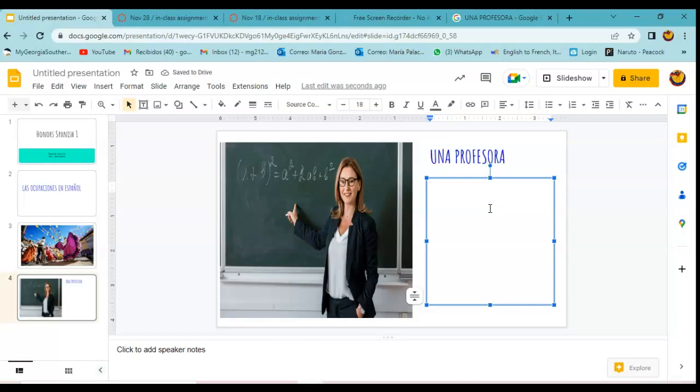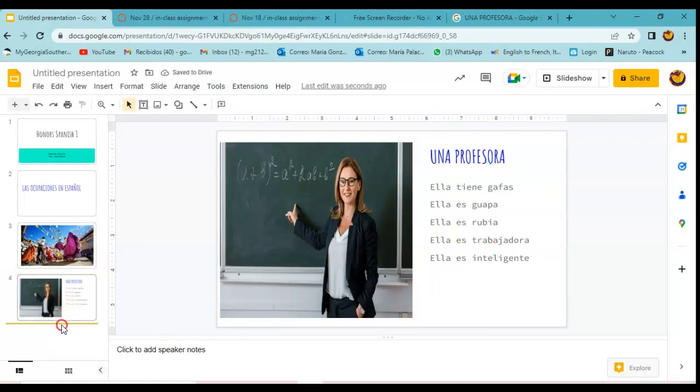Here I'm going to write the sentences for describing physical appearance. 3 sentences. Ella tiene gafas. Ella es guapa. Ella es castaña. Oh, actually, I think it's rubia. Ella es rubia. Okay. 2 sentences describing the personality. I think ella es trabajadora. Let me spell this. Ella es inteligente. That's it. And then I'm going to add another slide